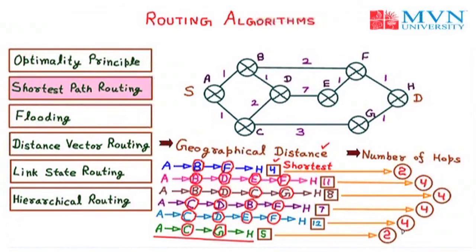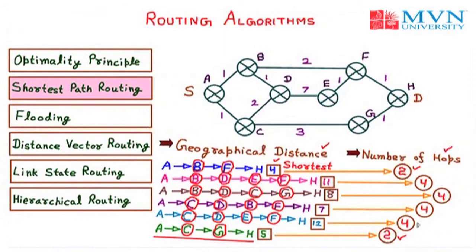So now we can see that according to the number of hops, or the number of in-between routers, we have 2 shortest paths. That is the first one, which is shortest according to number of hops, and again the last one. So we can take any of the paths we want. According to the number of hops, the first one is shorter, and according to the geographical distance, the first one is shorter. So we have different aspects, maybe geographical distance or maybe the number of hops. You can take any aspect you want, that will be up to your requirement.